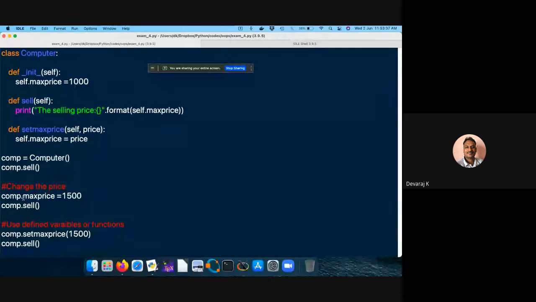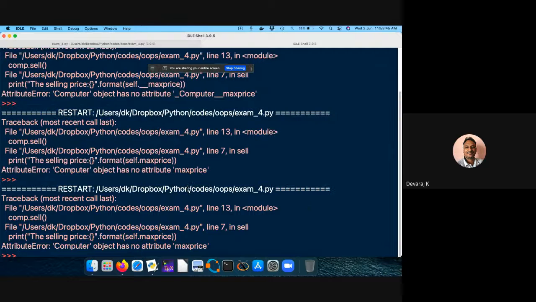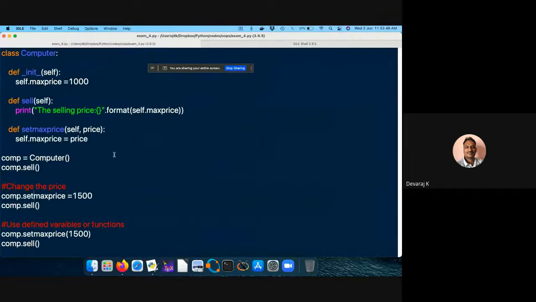Sorry, set max price. This set max price. It was a typo error. Result actually. Self max price is this particular thing 1000 which I have defined. Okay, this is max price I'm making.